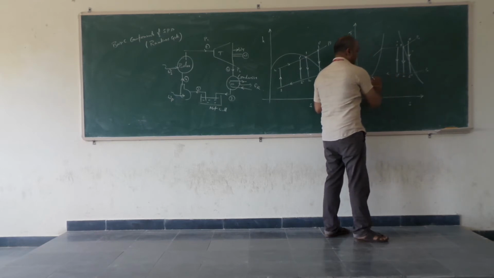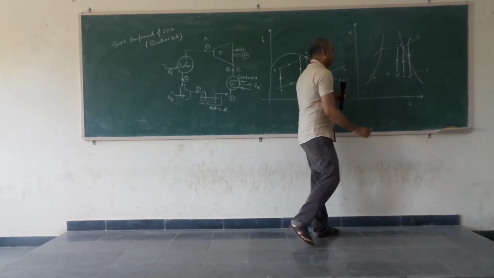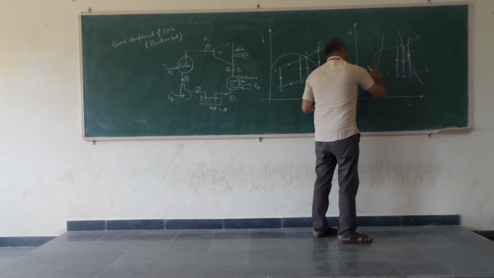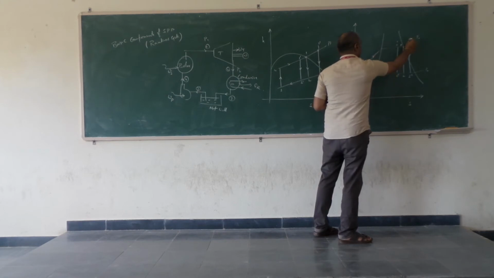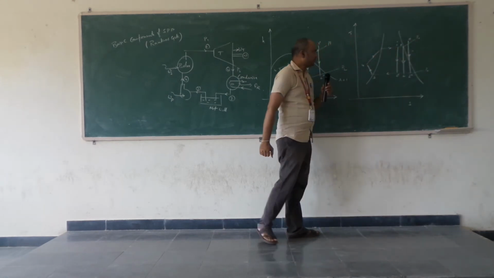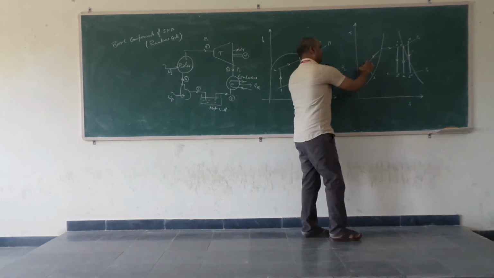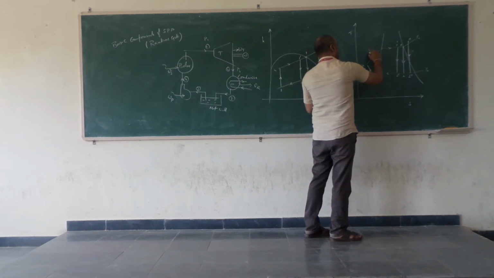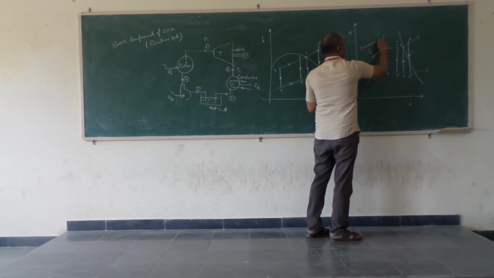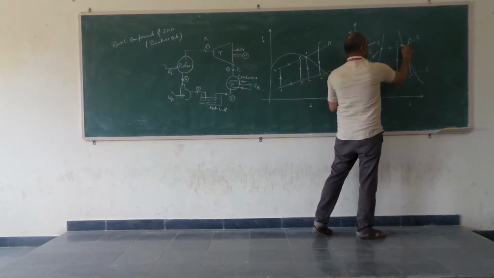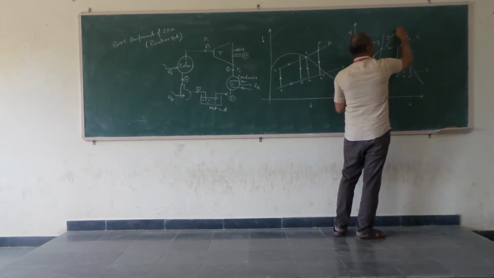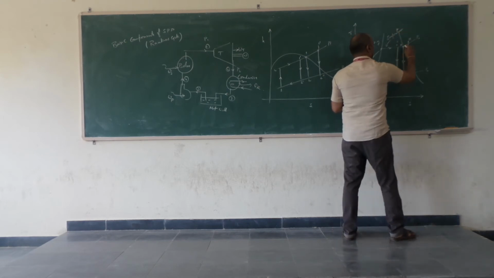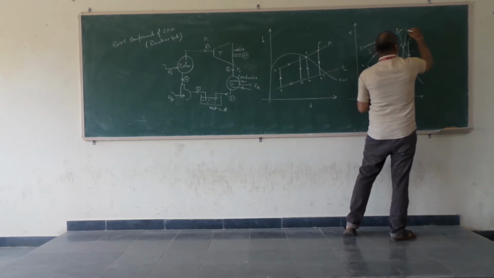And then 2 to 3, that one is indicating the condensation process. Again from 3 to 4, that one is indicating the compression process in the pump. And then 4 to 1, again the heating process inside the boiler. So we can also indicate 4 up to this point as the economizing process. Economizing, and from here to here, this one is indicating evaporation inside the boiler. From here to here, this one is indicating the superheating process.